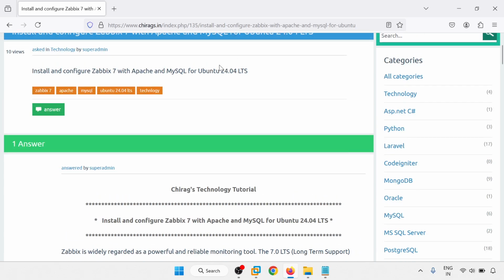So this is the tutorial link for installing and configuring Zabbix 7 with Apache and MySQL for Ubuntu 24.04